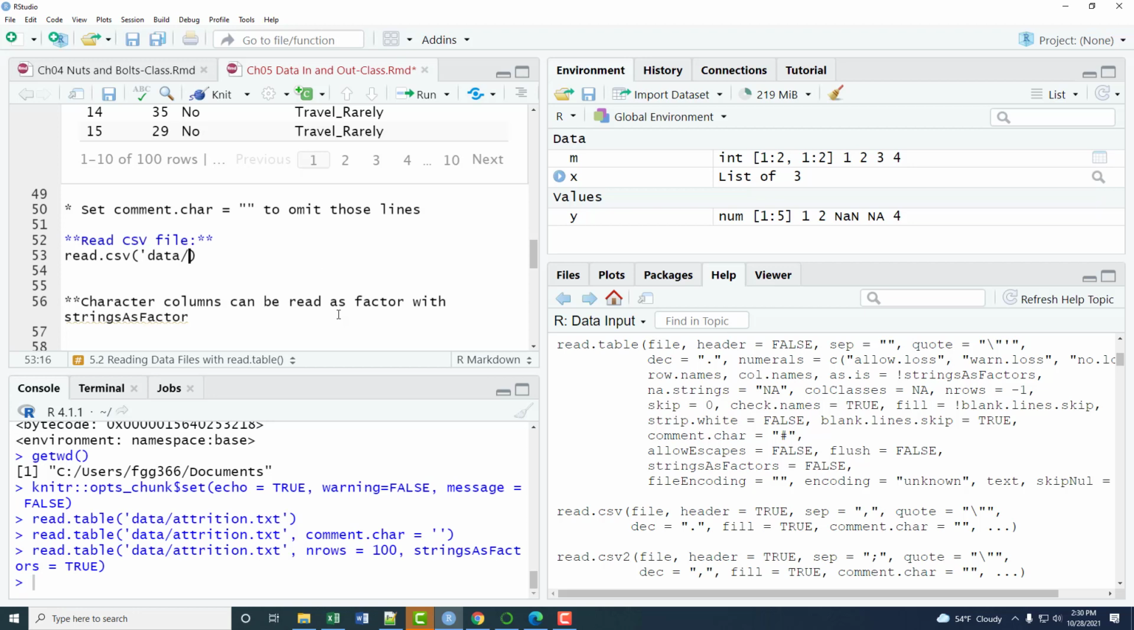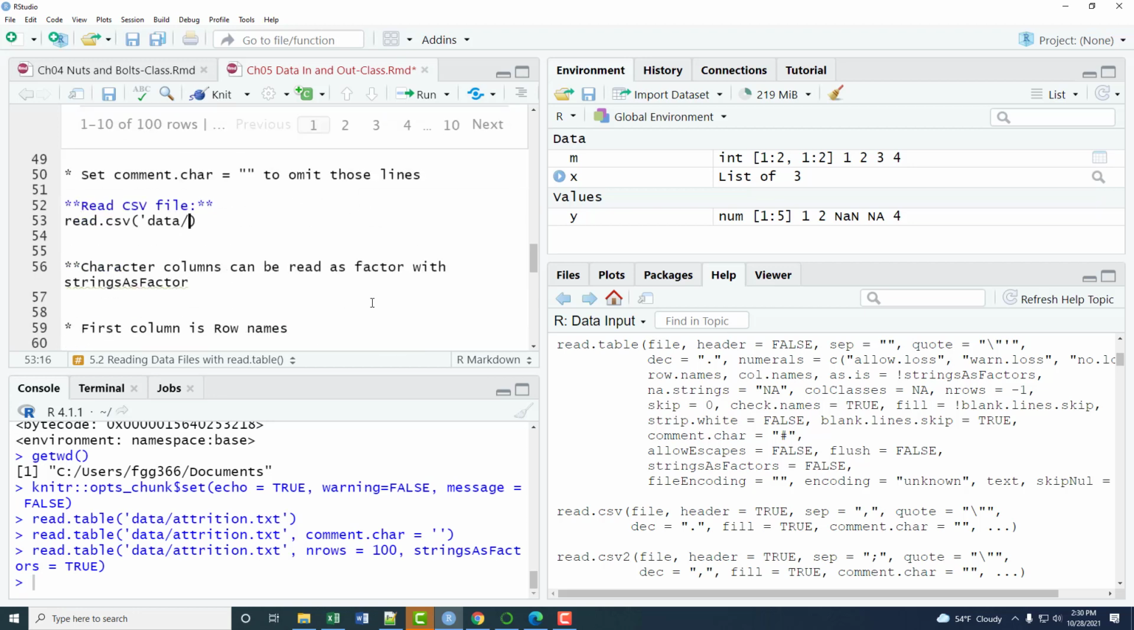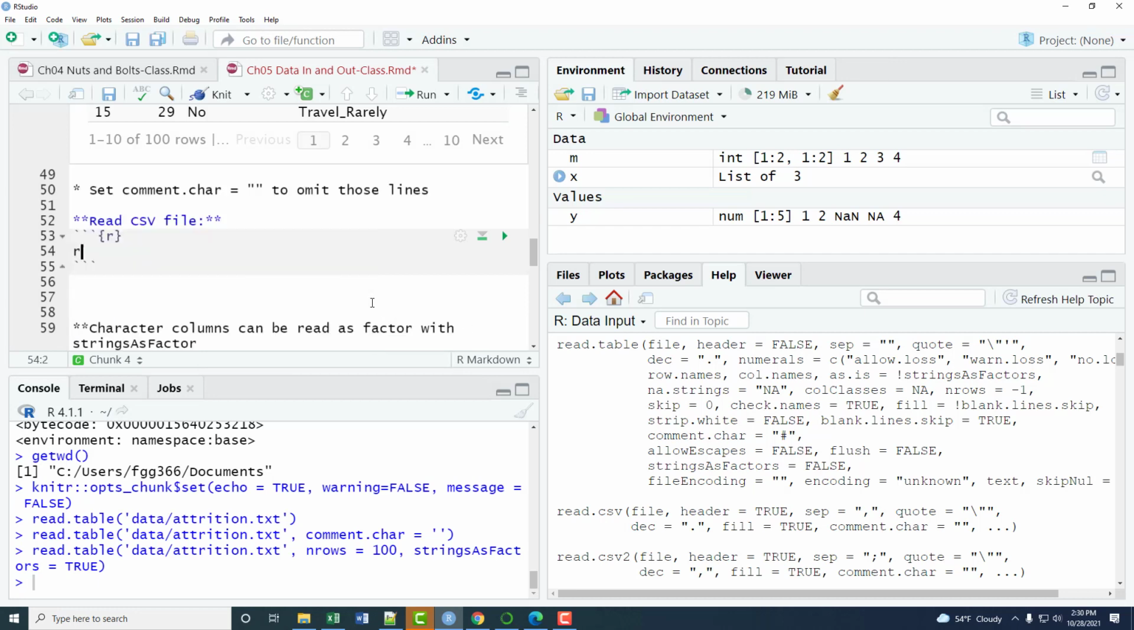Data. All right, so I need to first insert a quote chunk. Data, Haiti.csv. Okay. Now if I run that,